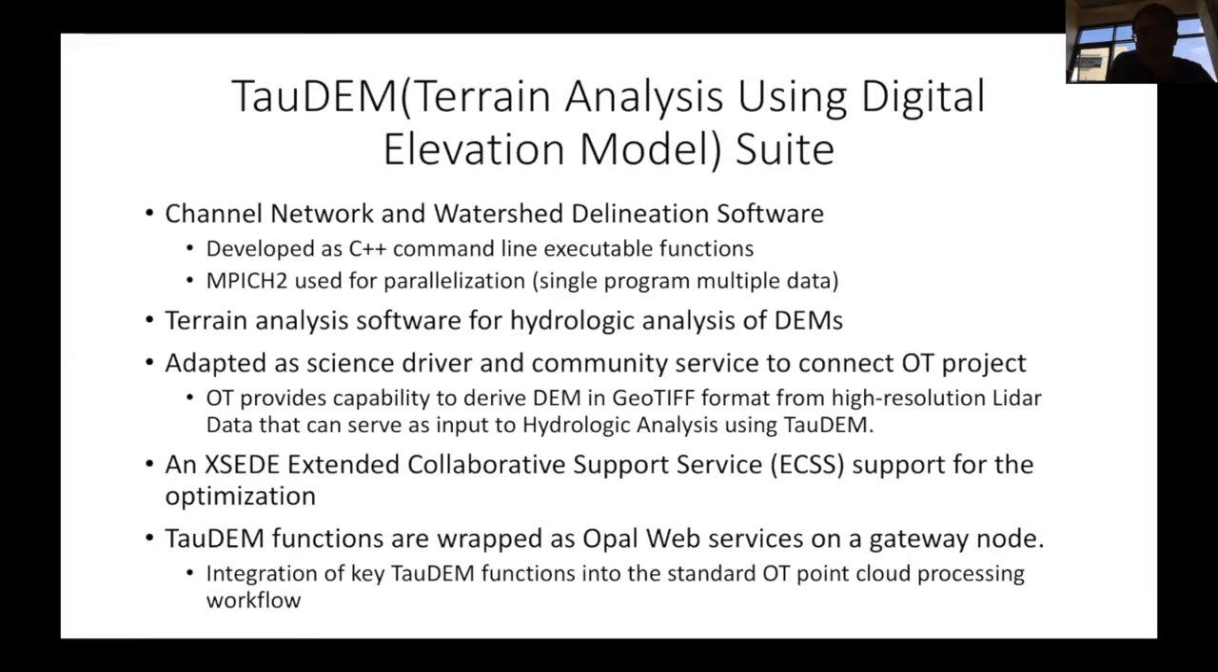TauDM was optimized by the XSEDE ECSS team. Yang Lu had actually worked on optimization for the TauDM. So we're going to use this optimized TauDM version, which means performance is very fast, with a speed-up. And also the TauDM